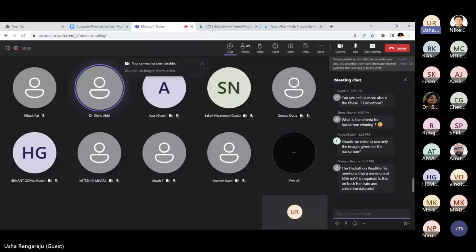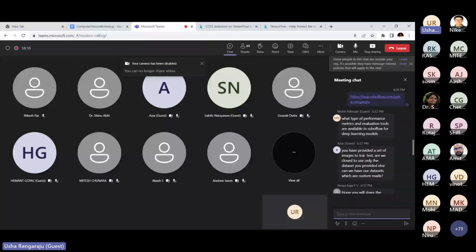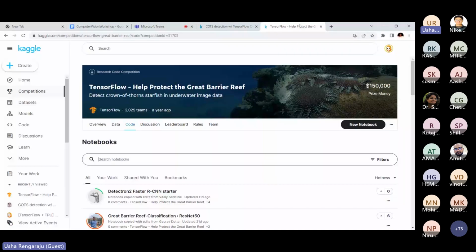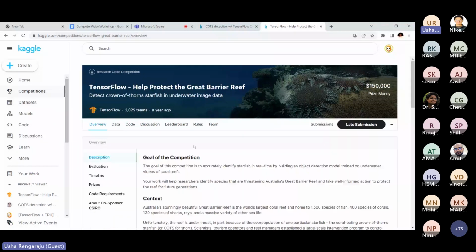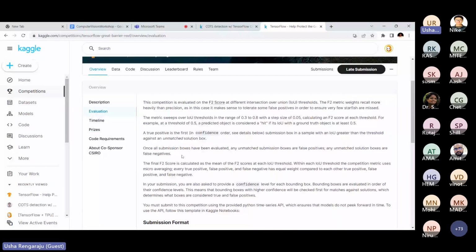In terms of performance metric, in every competition the host decides what the metric is supposed to be. So, for example, this is a sample TensorFlow Help Great Barrier Reef competition. If you take this particular competition, this is going to be an object detection competition. So the evaluation metric is given to you by the host, which is the F2 score. For object detection, they've specifically mentioned this is supposed to be your evaluation metric, and this is mentioned on the competition